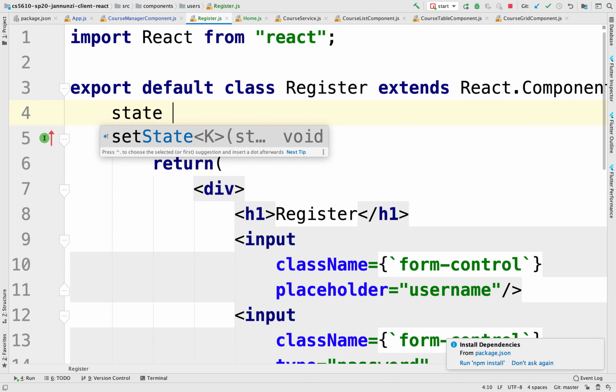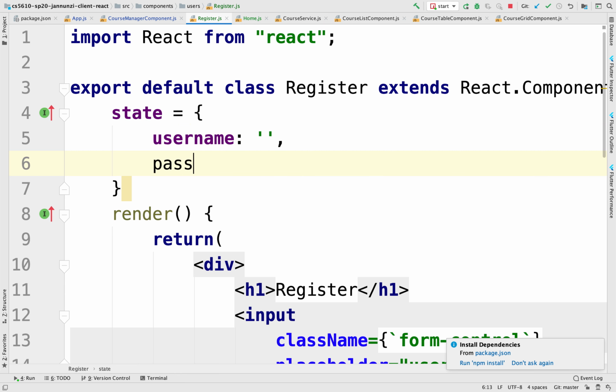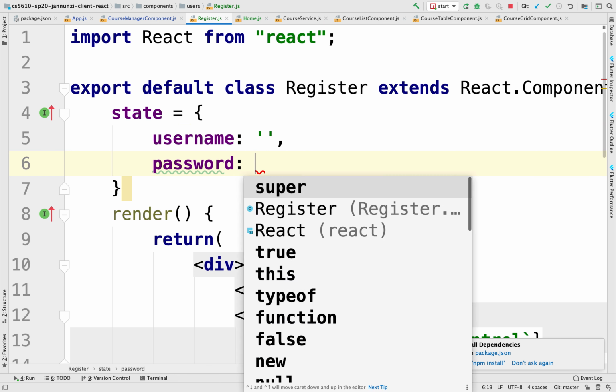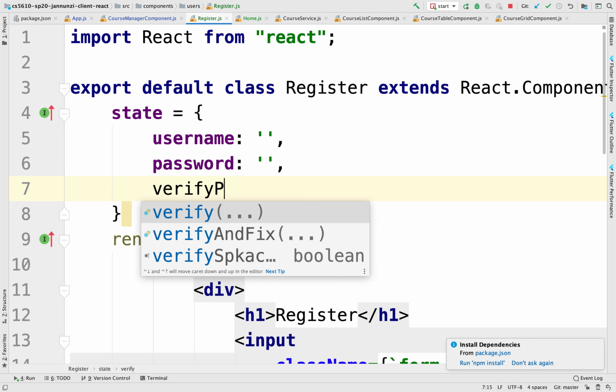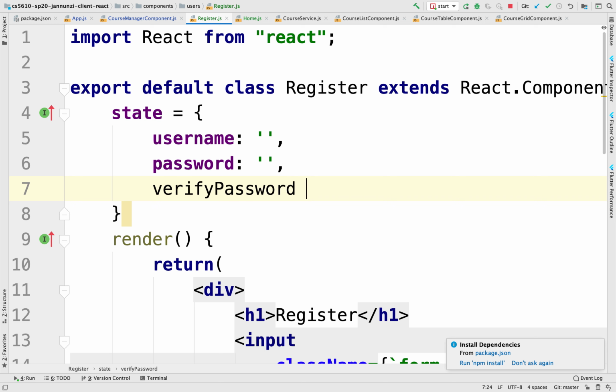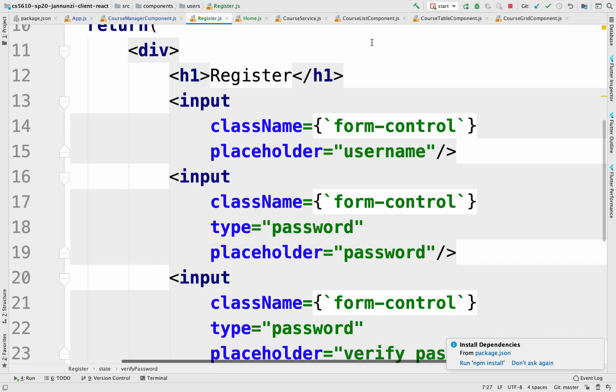So for that, we'll create a state variable over here, and we'll grab here the username. It will be initially empty. The password also initially empty, and the verify password also initially empty. Once we have that, we can bind these input fields to each one of those state variables